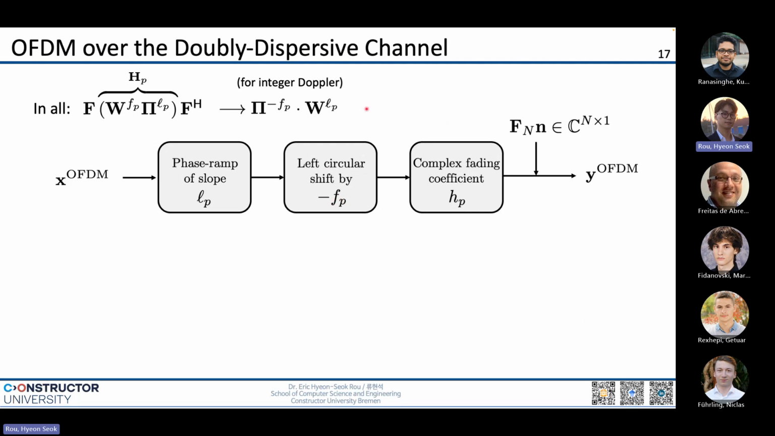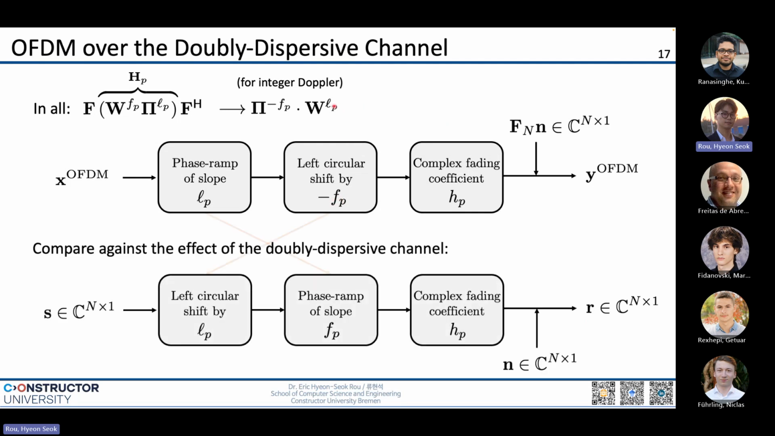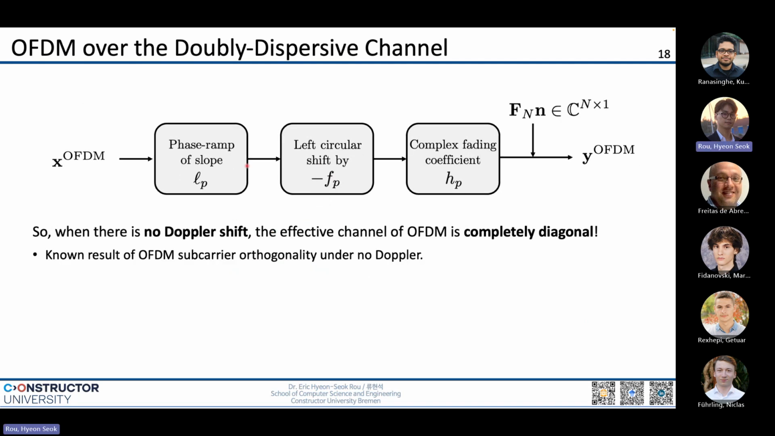So now if you go back to the original doubly dispersive channel, we can see that the effects of the delay and the effect of the Doppler have swapped. So now the phase ramp, which used to be dependent on the Doppler, is dependent on the delay, and the circular shift, which was dependent on the delay factor, is now dependent on the Doppler shift. So by this structure, we can see that when there's no Doppler shift, so there's no left